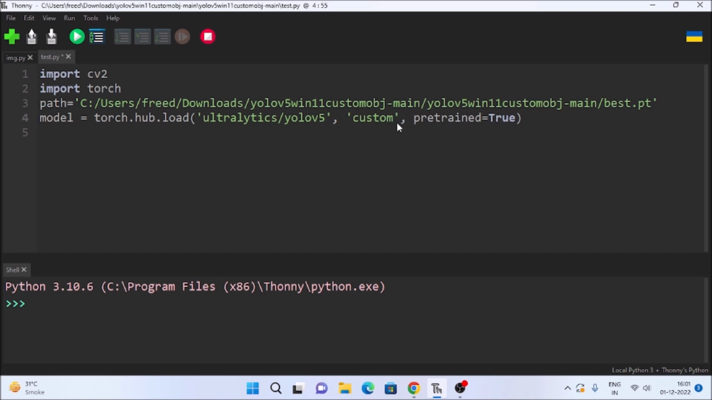And then we need to mention the path variable, because the path variable is our model path. So simply here we are going to mention path, and then we need to delete pretrained is equal to true, and we are going to mention force_reload is equal to true. So force_reload is equal to true. So then while loop,